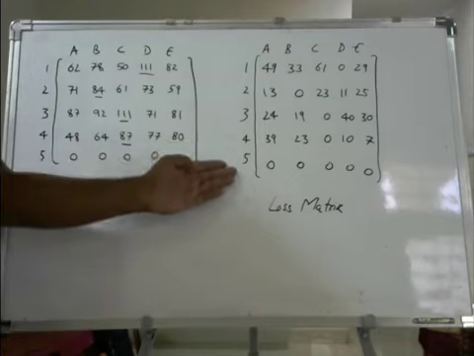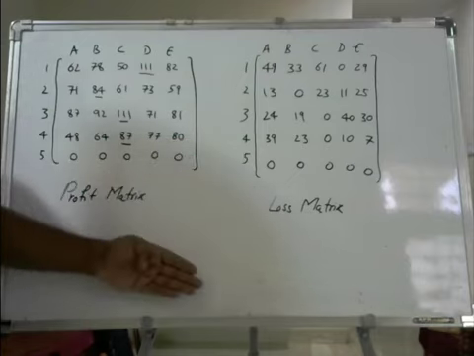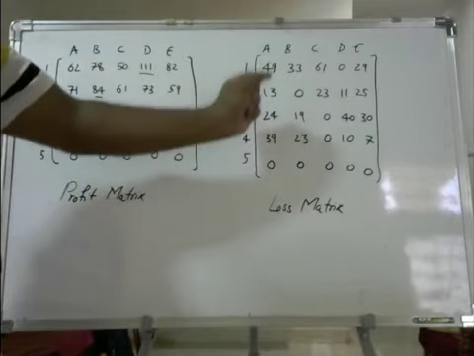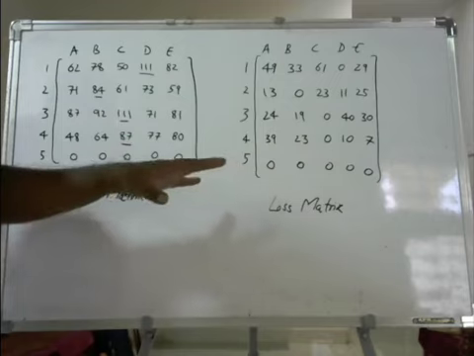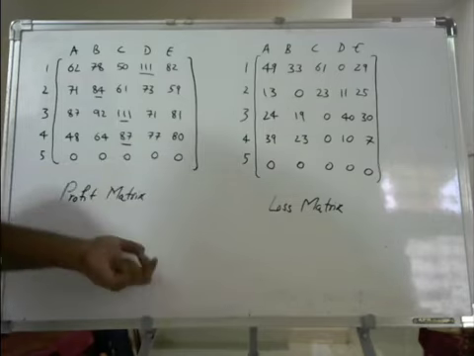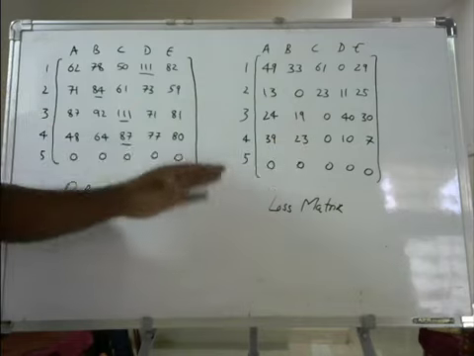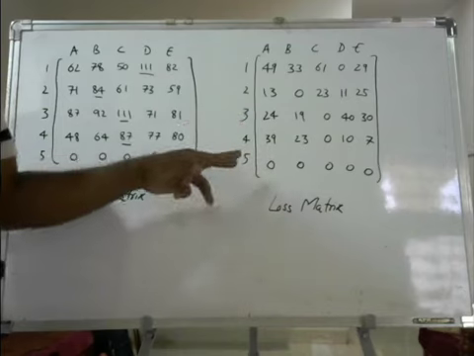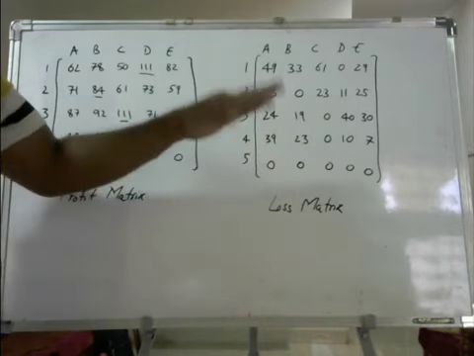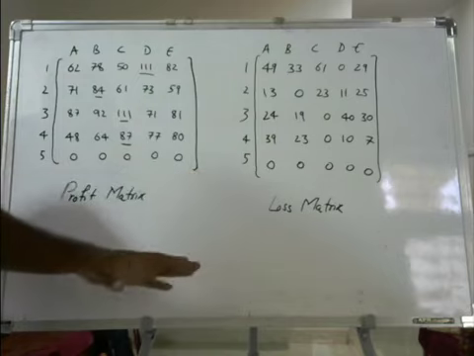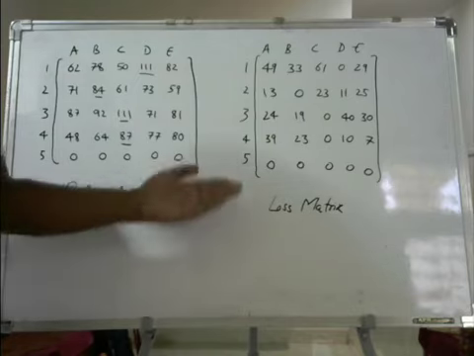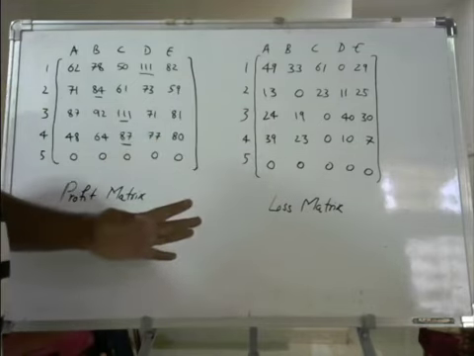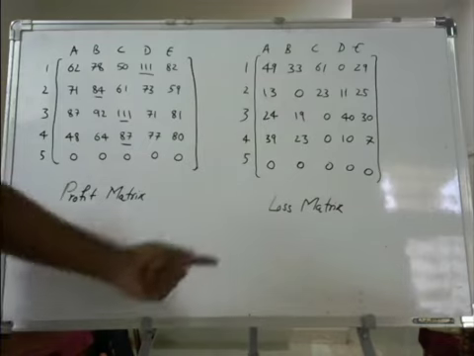That is, first we need to do the row treatment, then the column treatment. After that, we need to put the lines to cover the maximum zeros, and if that number of lines is equal to the order of the matrix, then stop there. If not, you have to do the remodified matrix and put the lines again and see if lines are equal to the order of the matrix. If lines are equal to the order of the matrix, then stop there and put the boxes to assign each job to each person and check the total cost.